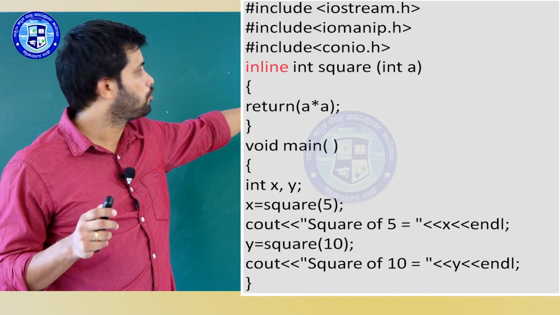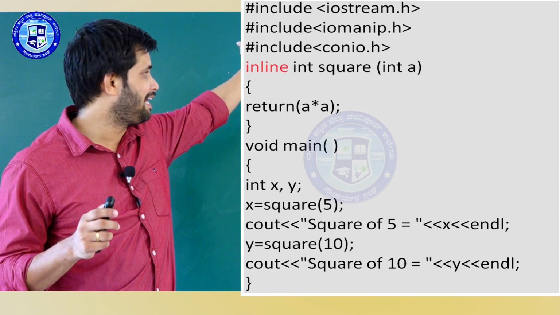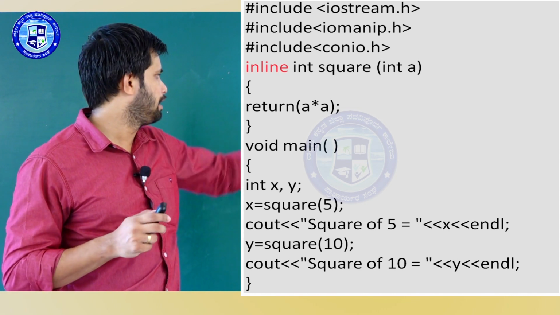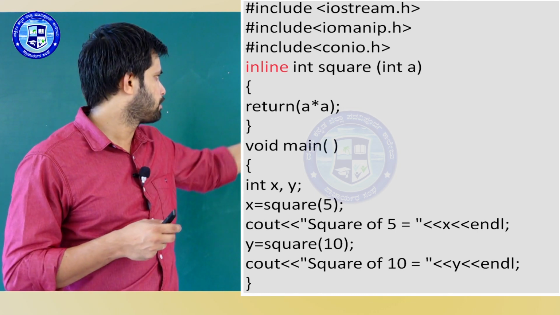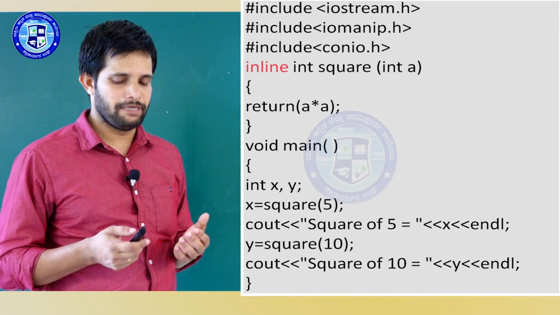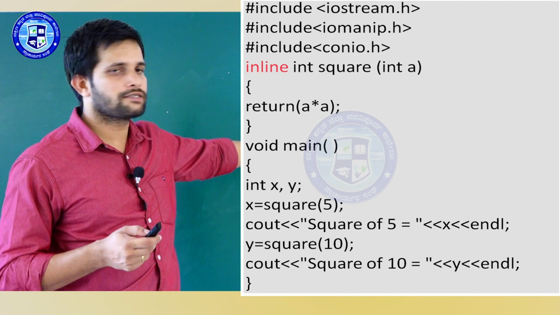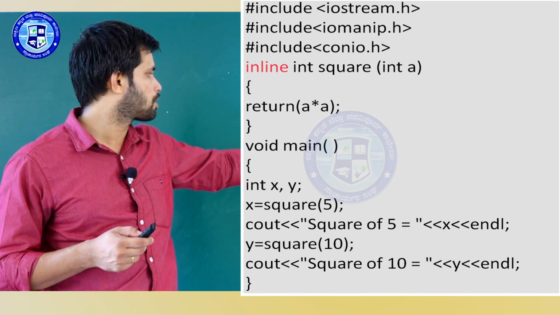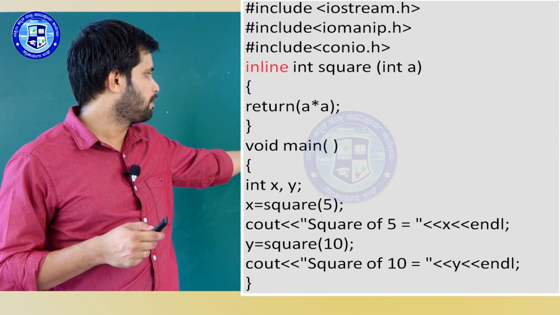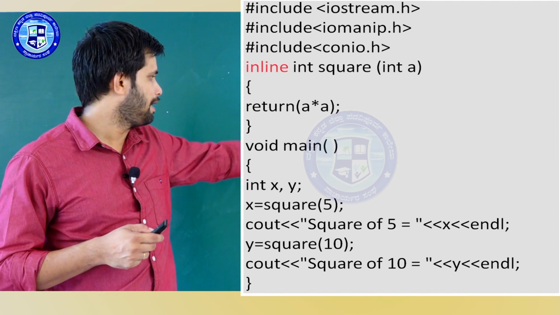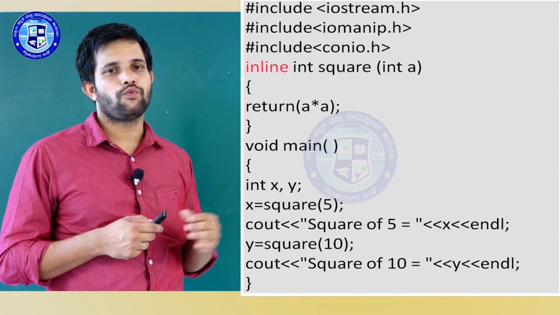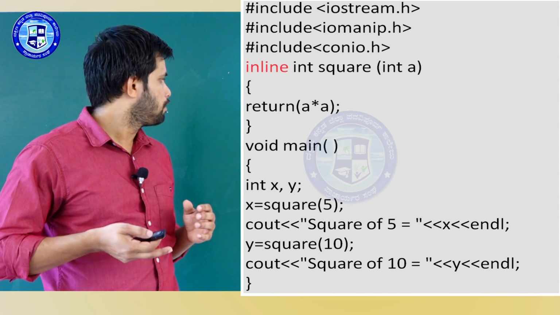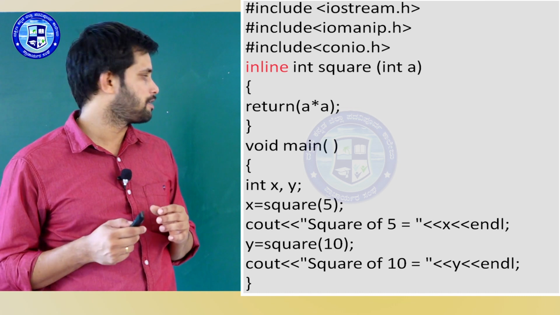If it is a normal function, you are supposed to transfer the flow of control, but it is an inline function. What happens here? The body of the function will be substituted here. Then you will see the output, square of 5 is equal to whatever value is received by x, 25 maybe. I am calling the same function again here, but now I am assigning the value to one more variable called y. So y is equal to square of 10. When it is returned to the variable y, that value I am going to print here, square of 10 is equal to y. When 10 is sent to that function as an argument, you will have a return value of 100, because 10 into 10 is equal to 100.